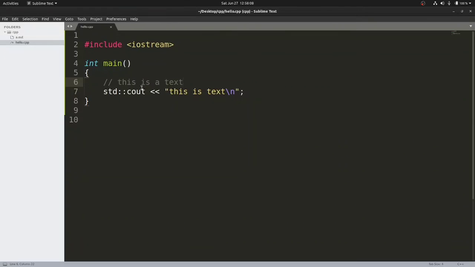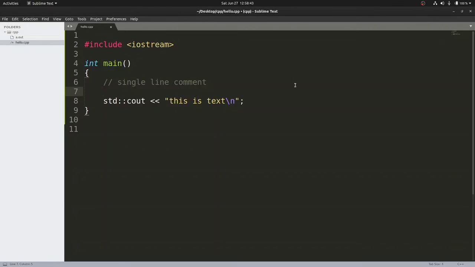A comment is used to document a program. That means if you are writing a particular line of code and somebody doesn't understand the purpose of that line, then we provide information by writing a comment. You can write anything in the comment, but make sure that you are writing some sensible comment. It should be relevant to the program. Whenever I write // and after that whatever I write, this gray text as you are seeing, is called a single line comment.